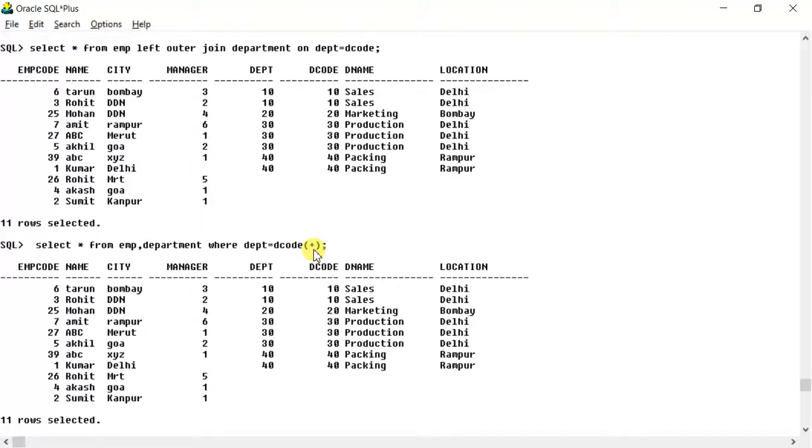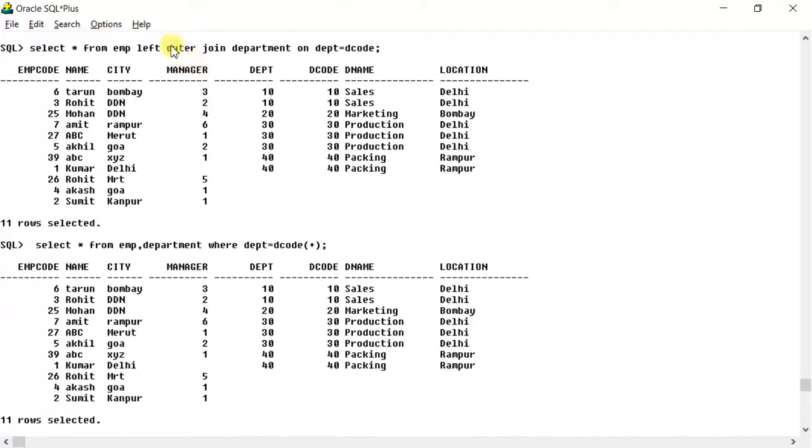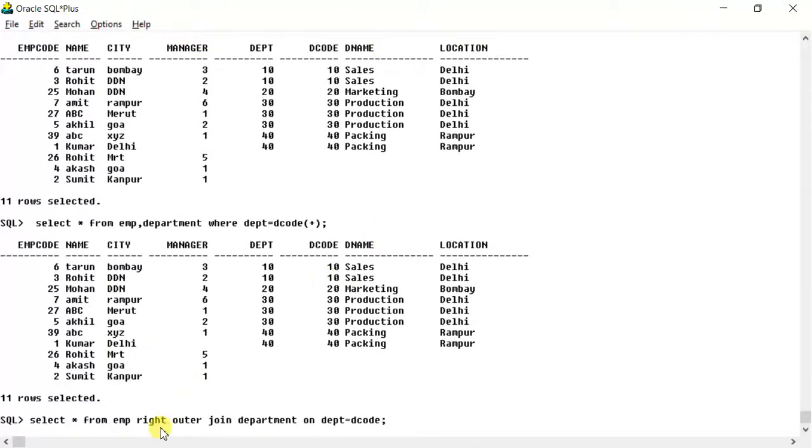However, you must note that if I change this to right and keep everything else the same, what will happen? It means outer join of the table which is written on the right hand side. So on the right hand side, which table is written? Department.